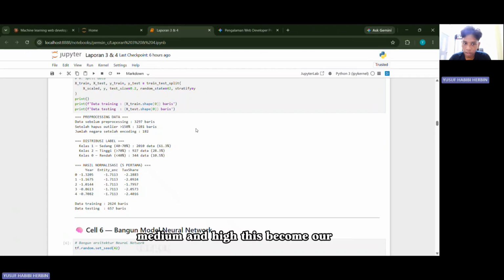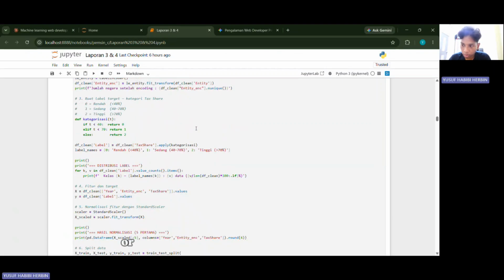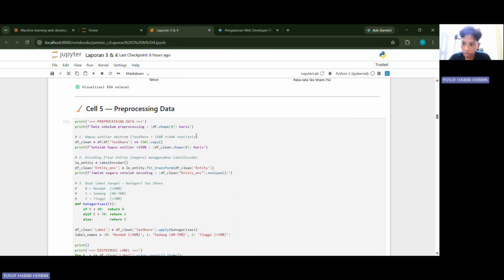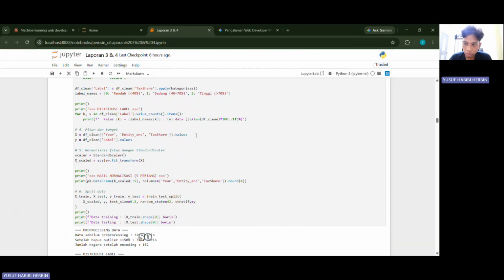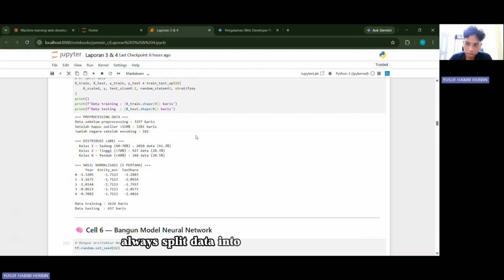This becomes our target or label. After that, we use standard scaler to normalize all the features so every number is on the same scale. Finally, we split the data into 70% training and 30% testing using train test split.